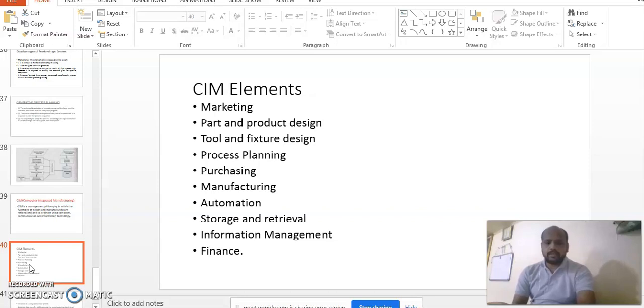Information management system: obviously nowadays every industry, every organization stores the information in a computer, online or on the internet, and according to the information available, their manufacturing processes and selection processes are simplified.